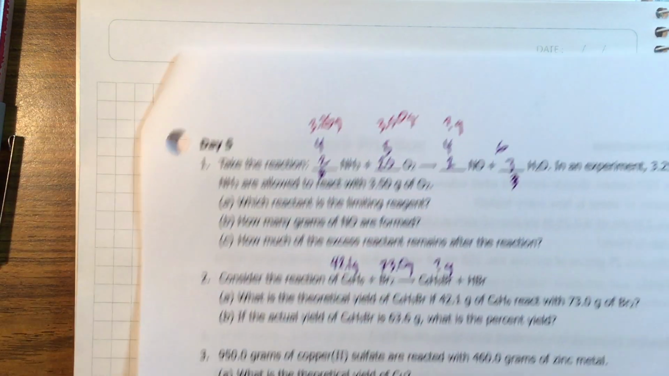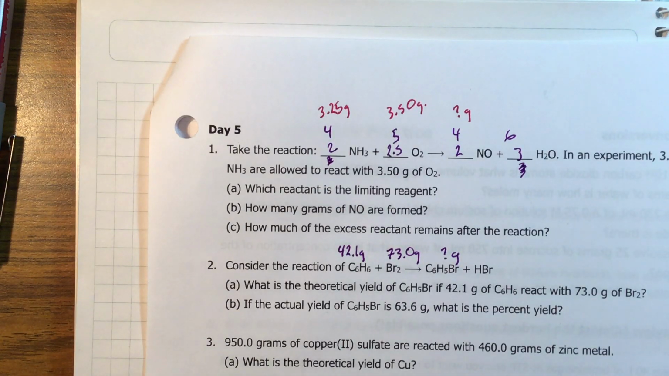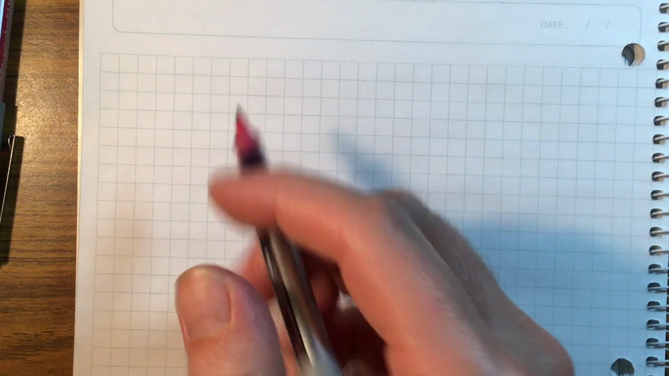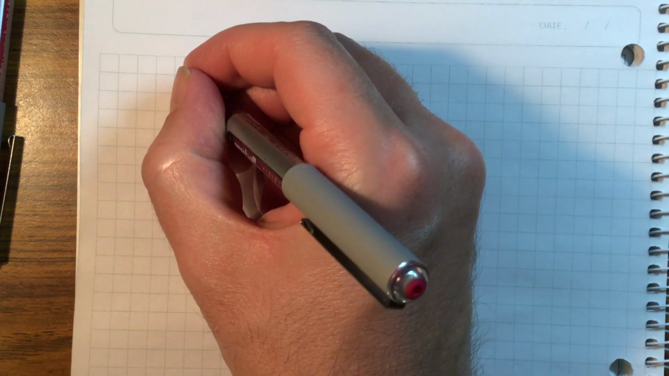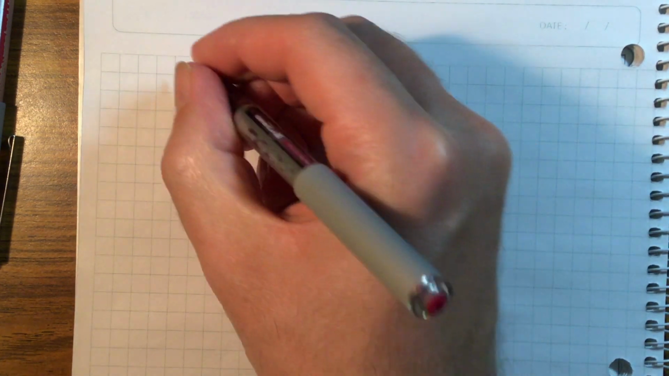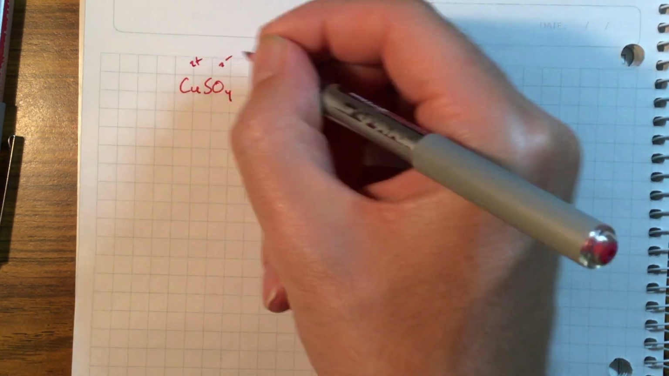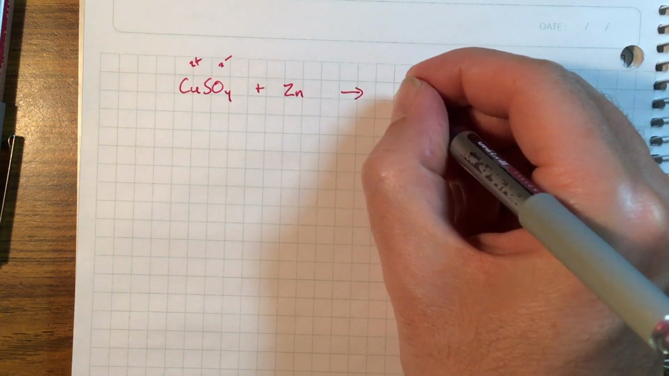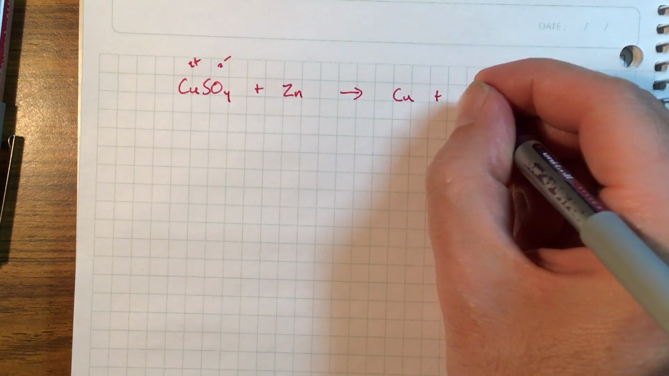Oh, yay. 950 grams of copper 2 sulfate are reacted with 460 grams of zinc metal. What is the theoretical yield of copper? So we're going to have to write out this chemical reaction. So we've got copper 2 sulfate, CuSO4. That's a 2 plus charge, 2 minus charge, plus zinc. It's going to give us copper plus zinc